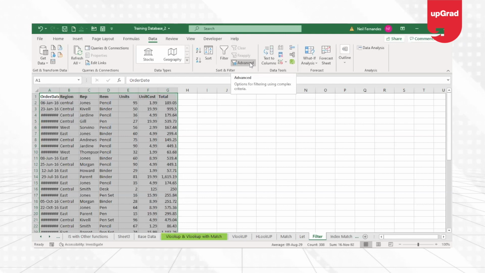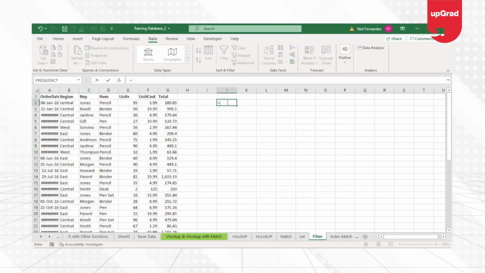The Excel filter function returns a filtered range based on the criteria defined by you. You can also use a filter to get data fulfilling multiple criteria. This function is different from the filter command. It's not a command, it's actually a function. When you type filter, you can see the syntax for the function, that is array, include, and if empty. It is very simple to understand what you're looking for in the arguments.